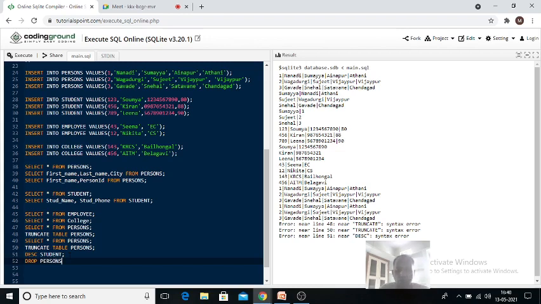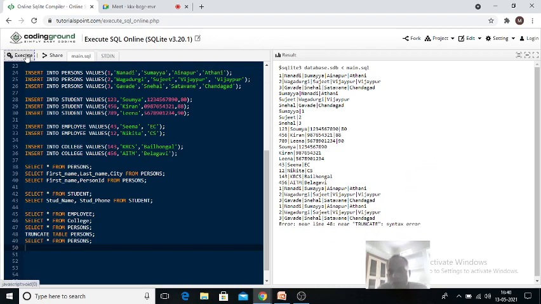Now before I execute this, I will run select star from persons once again. See here, is it displayed? Where is that line number 50?